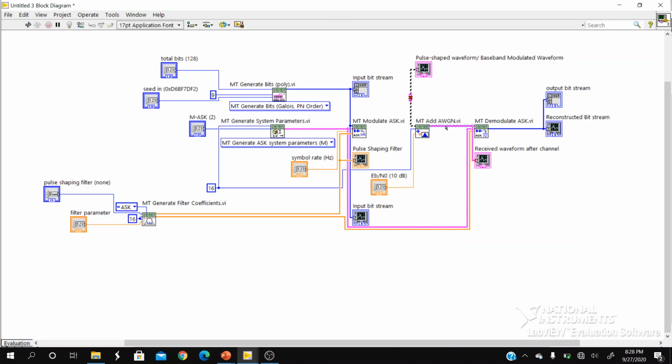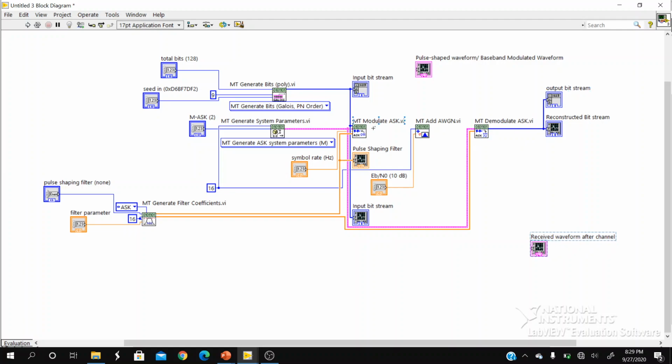After this channel, it will not directly go to demodulate ASK. So let us remove this wire with Control B. Let us connect these two waveform graphs later. Now, after modulate ASK, as per the block diagram that I showed previously, we are going to have an up conversion block which is going to shift the baseband information to the carrier frequency.